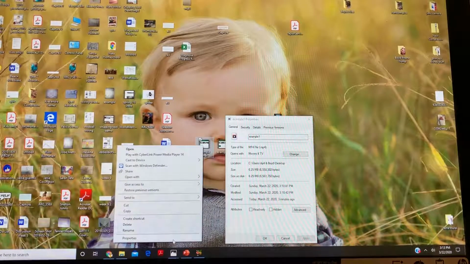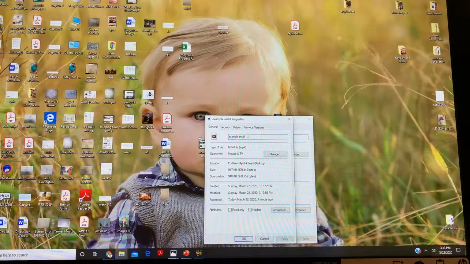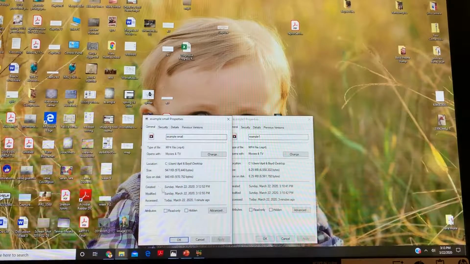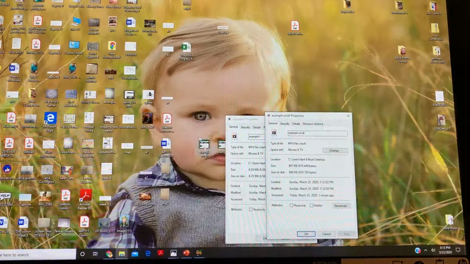This other one, 947 kilobytes. So it's a good bit smaller of a file, and it should be a pretty decent level just to